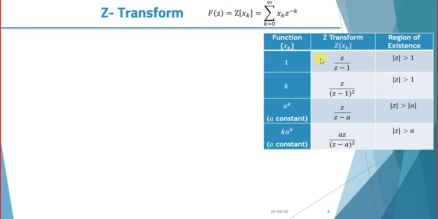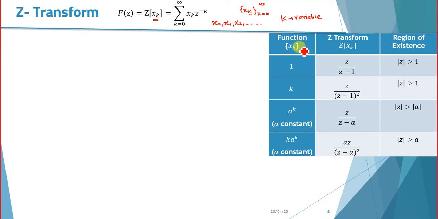Okay. Now we have these rules for the Z transform. Let's first see how these rules work. When we are looking for the function x_k, we look for it in the first column and the corresponding Z transform in the second column. This is how we denote the Z transform, with a capital Z, like we use capital L for the Laplace transform. I am using two lines to represent Z because I am not able to write the bold one.